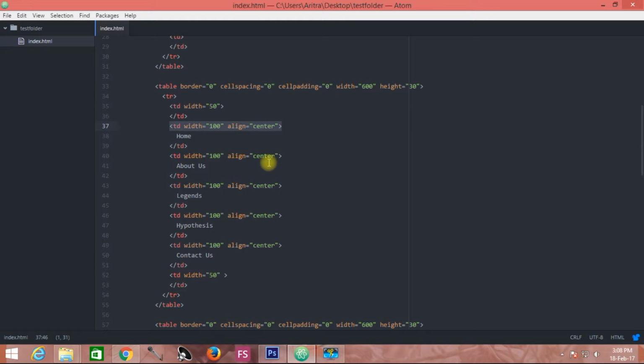That means the properties will be classified into a single particular area. They will be classified by a name or by an ID, and then when I wish to use those particular properties in a particular area, all we need to do is to call them by name or call them by ID, and they will appear and execute all the properties recurrently. That would have been a little more correct and a very proper method to create your project, and that is why the necessity of CSS generates over here.